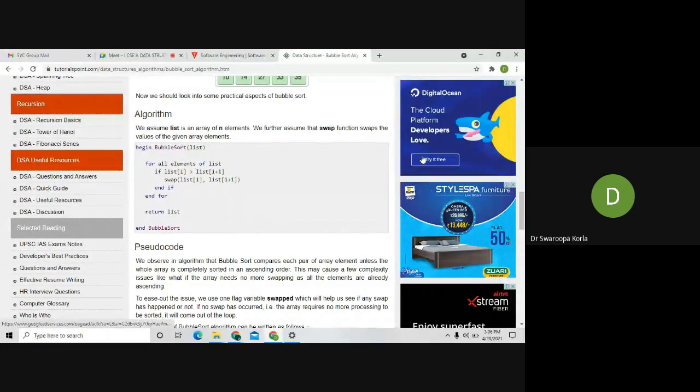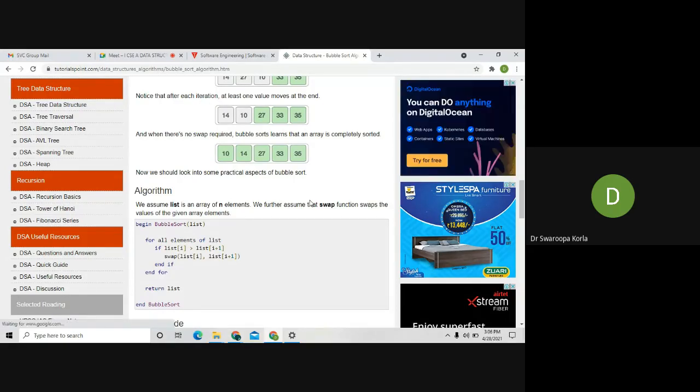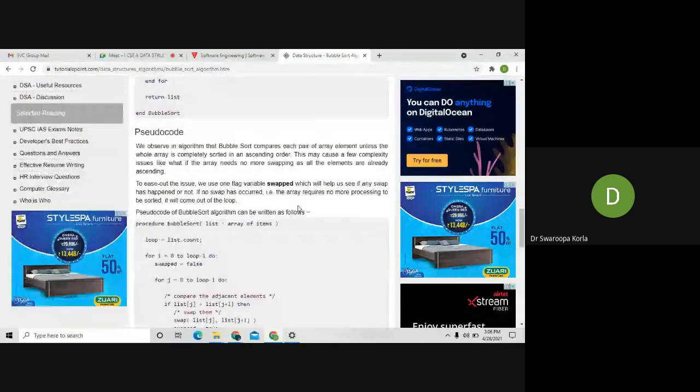And how many times do you need to repeat? The entire list is going to be traced, and you need to continue the sorting algorithm, bubble sort. Very simple. If you write a swap function, it is only bubble sort. Very easy. And big O of n square: write down on some paper every searching and sorting algorithm's time complexity. Linear search, I said big O of n. Binary search, I said big O of log n. And here we are talking about bubble sort, big O of n square. These are the time complexities.